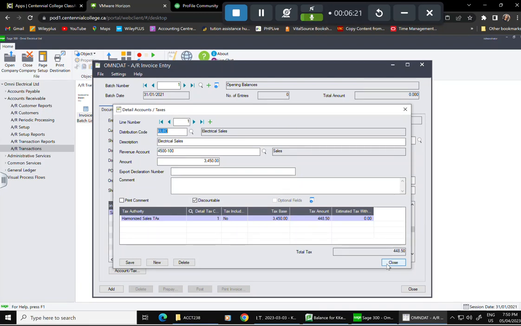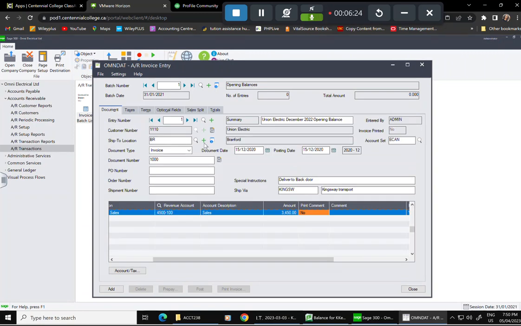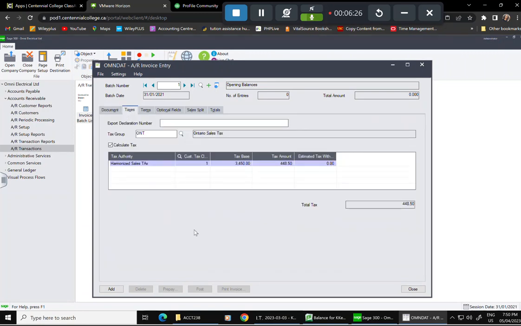So in this case, we're going to close that. We're going to go to the tax tab, and this shows you the same thing, and we have a total tax amount of 400. And we're going to double click on the tax amount and make it 0. So we wanted to make this option not available, and we wanted to make it 0, because the